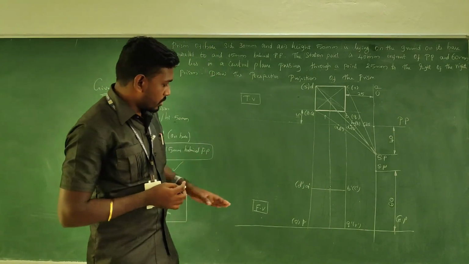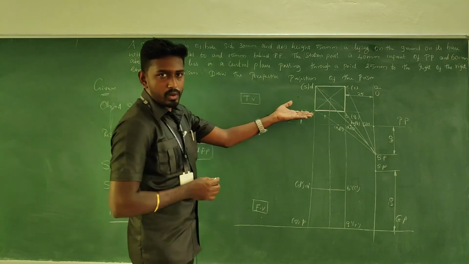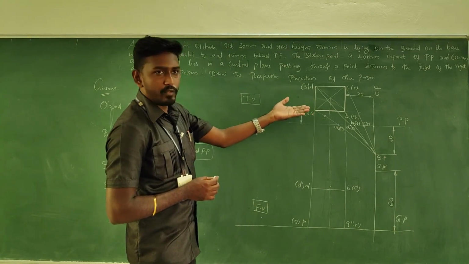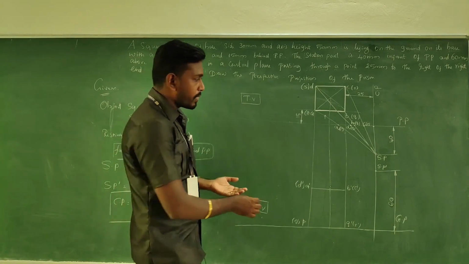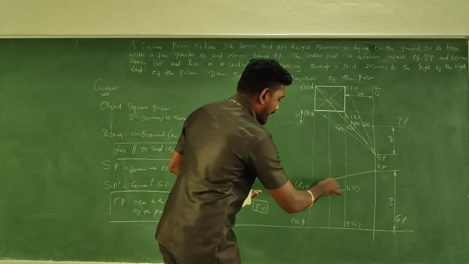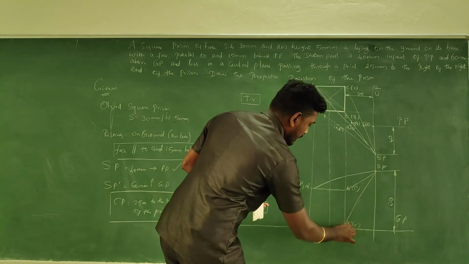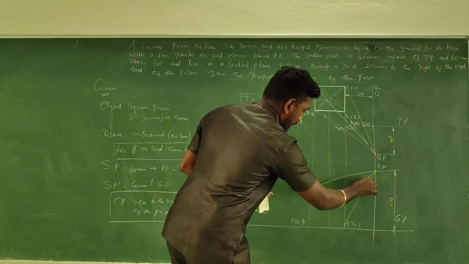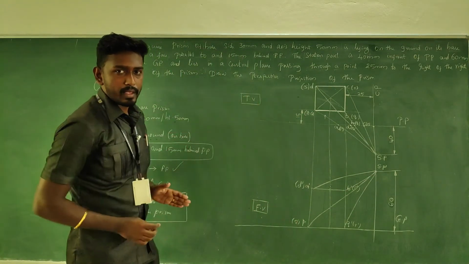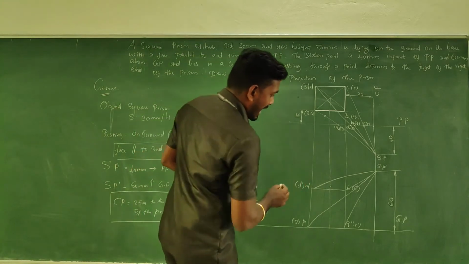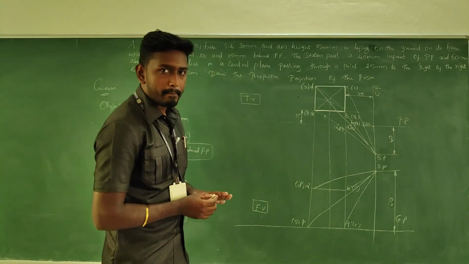Then come to the front view. In the front view, in a similar manner to what we have done in the top view, we need to follow the same. Take all the lines to the corners from the SP. It is nothing but the visual rays from each and every corner. Take it to the station point. So when we are having it, this is how the formation will be, right?